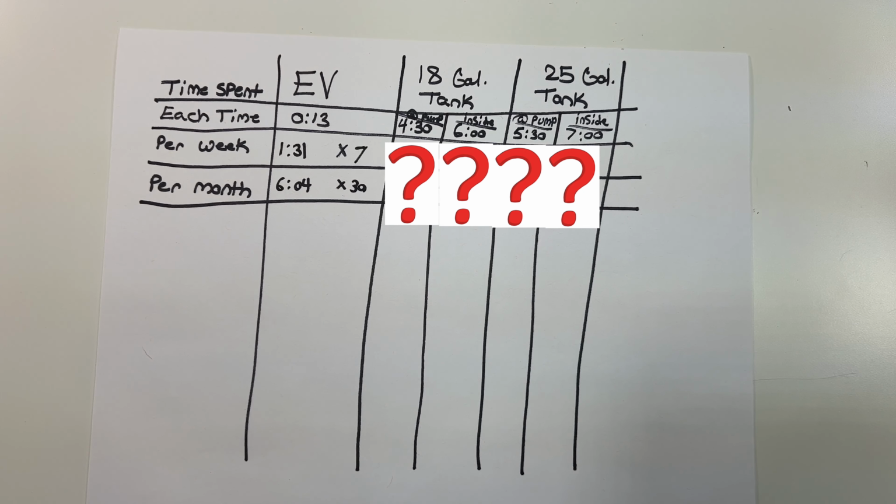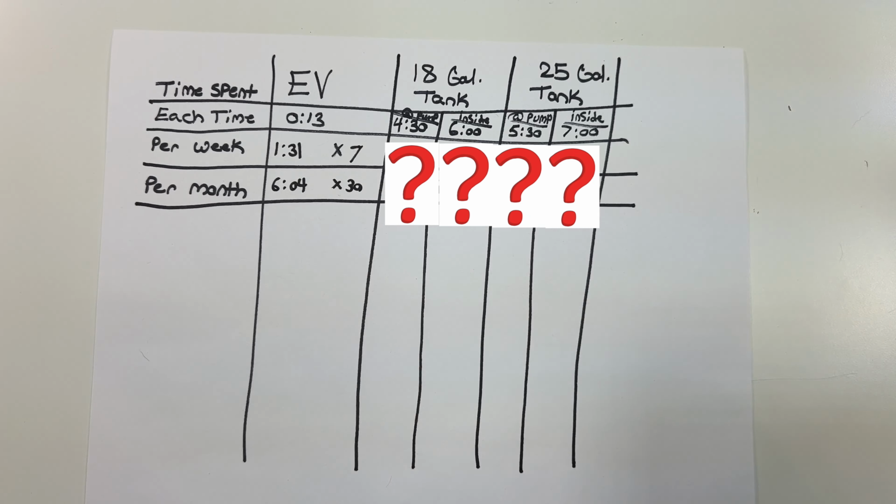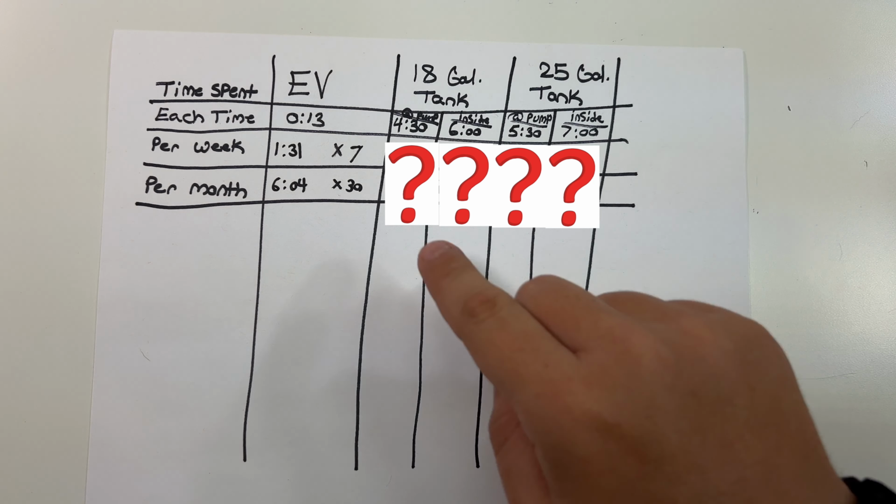6 minutes and 4 seconds plugging in my EV to charge it every month. Crazy. If you were paying at the pump twice a week, you would spend approximately